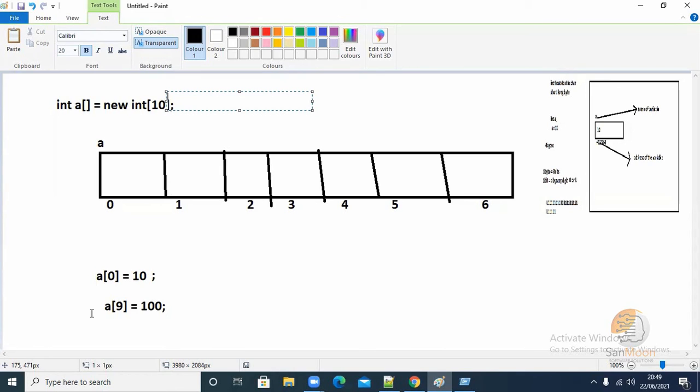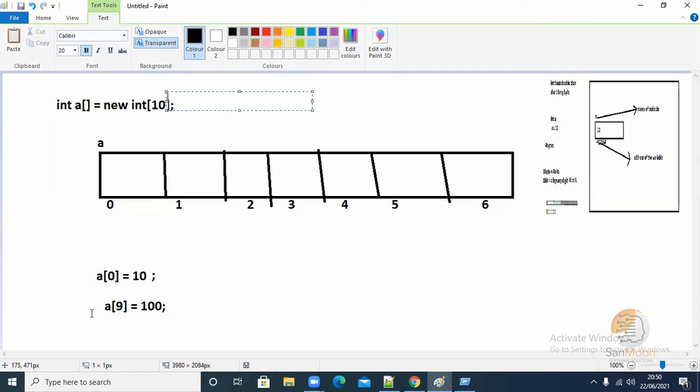A of 0 is one variable, A of 1 is another variable, A of 2 is another variable, A of 3 is another. They're all individual variables, but they have been created sequentially. So you get 10 variables at a time, 100 variables at a time. The moment you declare 100, you'll get 100 variables. Okay, this is how the declaration problem is solved.